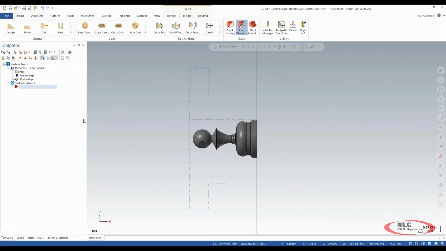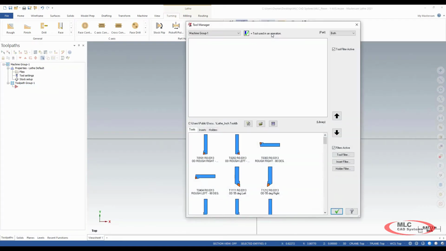So from here, I'm going to go into my turning tab. And inside of my turning tab, I have all the operations that I can use inside of my lathe. And from here, I have my stock set up, so I want to go ahead and create some tools. And inside of my tool manager,